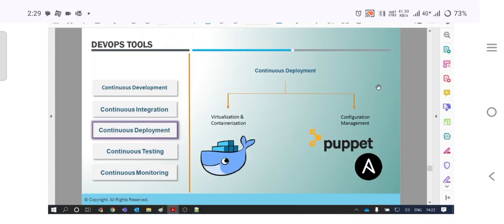So this is how continuous deployment can be done using these kinds of tools. Configuration management can be managed using tools like Salt, Puppet, Ansible, Chef, while containerization or virtualization can be used. For containers, we can use Docker, we can use Kubernetes. Similarly, for virtualization, we have a lot of virtual machine software like VMware, we have Oracle VirtualBox, we have cloud